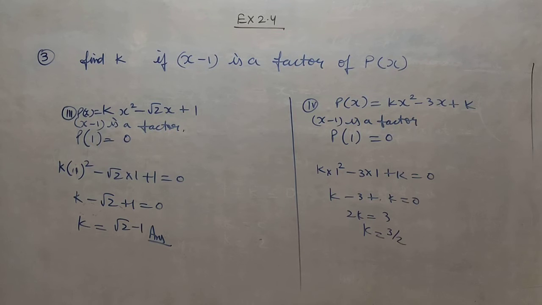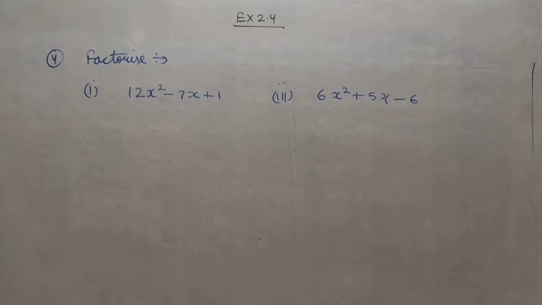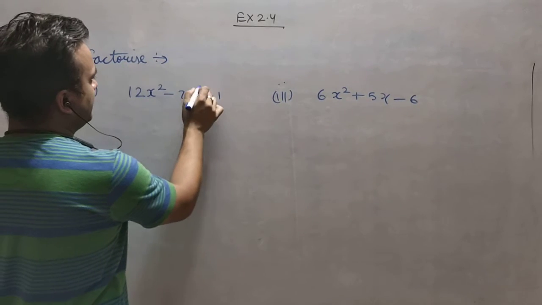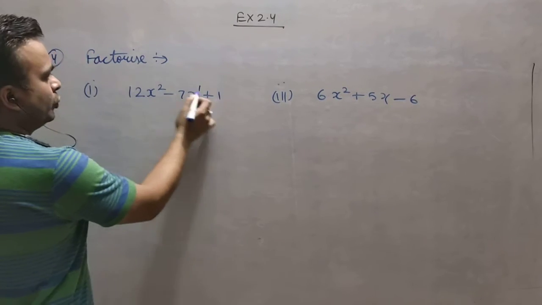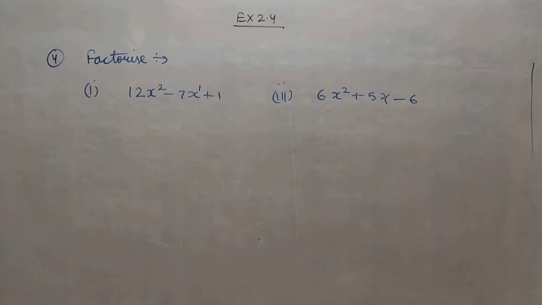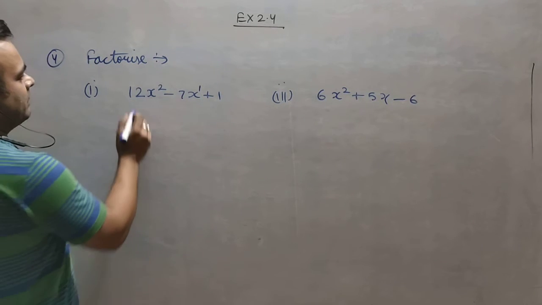Right. So this is question number 3. I hope you have understood how to find the constant. Now the next question is factorize. These sums we have done in 8th class also, and we have understood the concept of how to factorize. So here also, first of all we will check that the powers of x should be in descending order. So you can see 2, 1 and 0. So firstly you have to see that the expression should be written in the decreasing power of x.